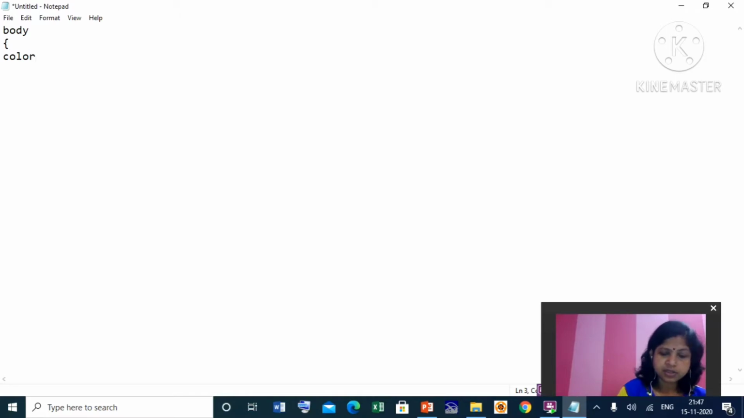This color is used for a foreground color. You can give any color here, suppose red. Then background hyphen color, suppose yellow color. Then you can give a background